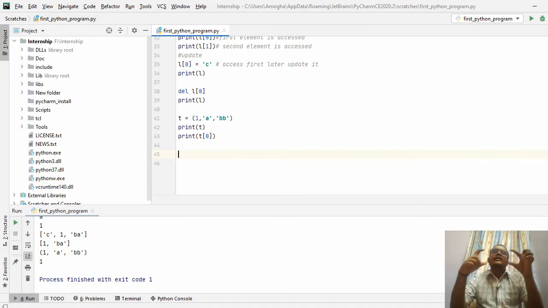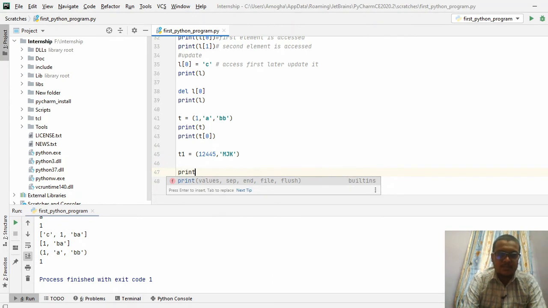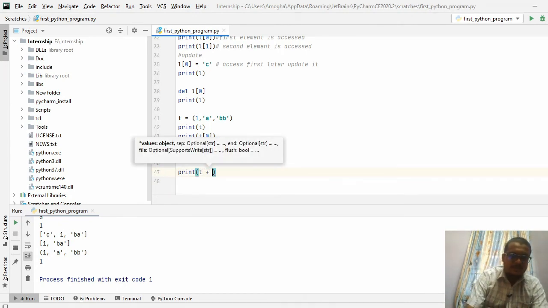In order to concatenate two tuples, I am taking another tuple called T1. T1 is equal to, inside the brackets, some numbers and some text. Now I am going to concatenate these two tuples using the concatenation operation.